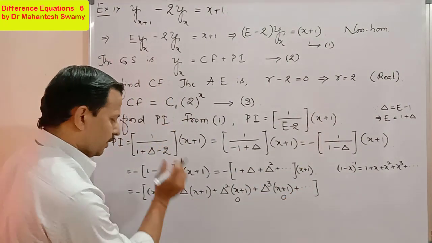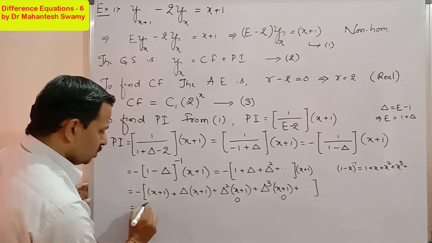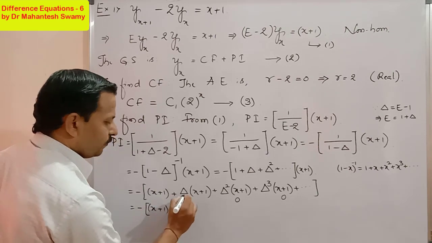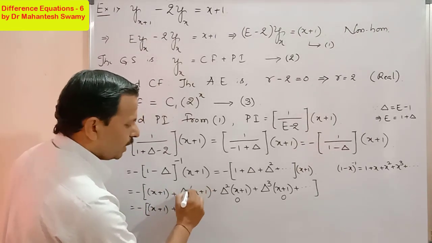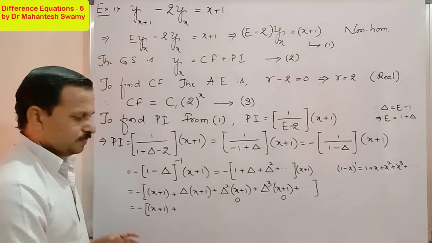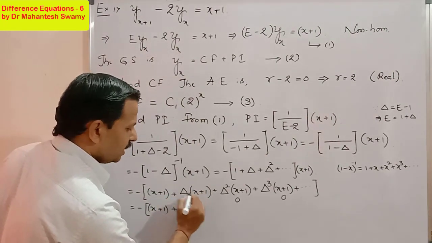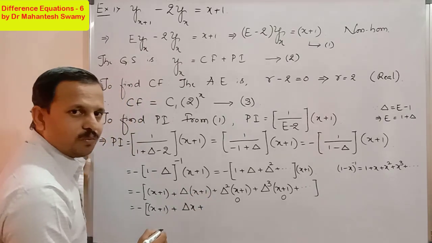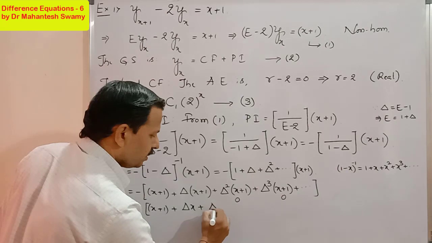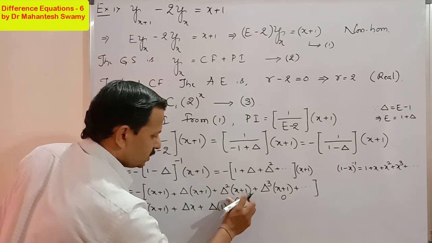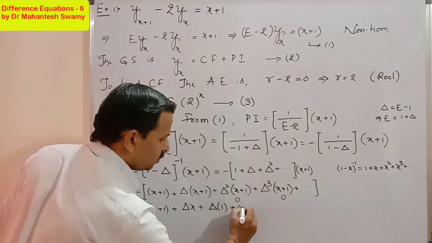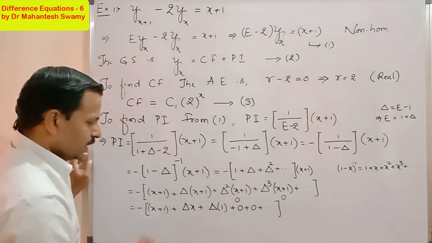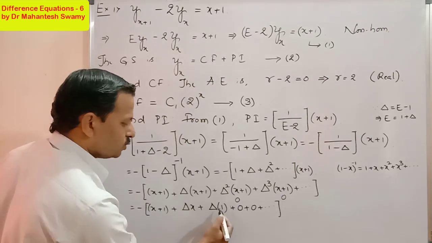Now the thing will be here. So what is that? Minus into bracket, this is x plus 1 as it is, plus if I apply delta onto x plus 1, what actually it is? So it is delta of x plus delta of 1. These two terms I am writing, plus 0 dot dot dot, and all other things will be zeros after that. Now it is crucial to write the values of these two terms.